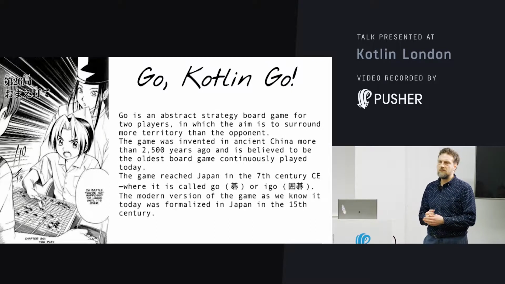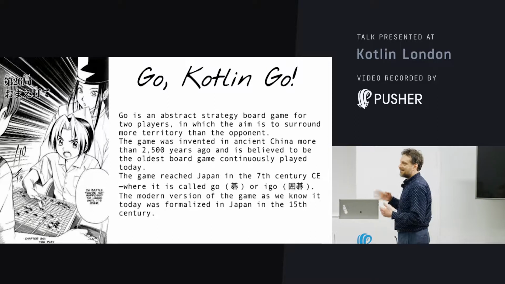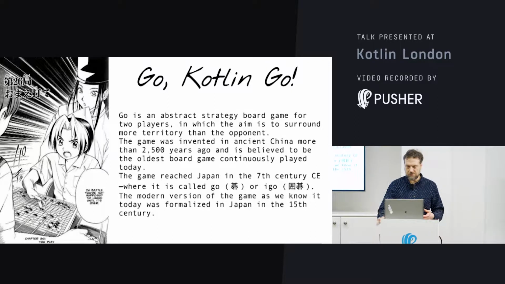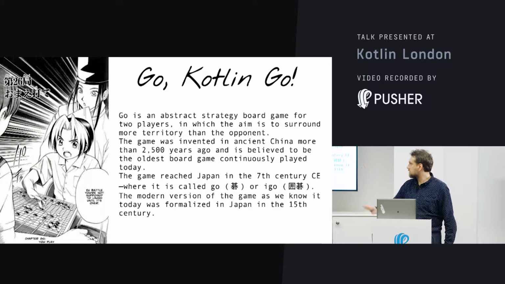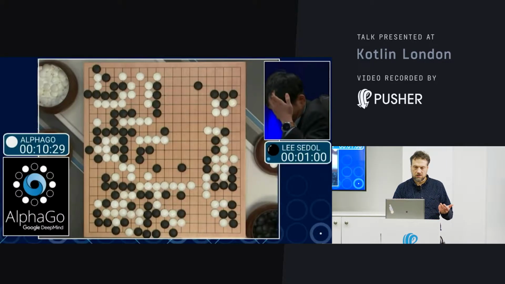I don't know how many of you have heard of the game of Go. Okay, so someone. And so this talk will be about how to make a computer program play Go. And okay, this is some information if you want to know more. And in a sense, well, let's talk about how Go became very famous